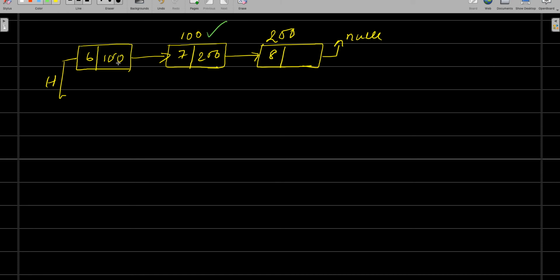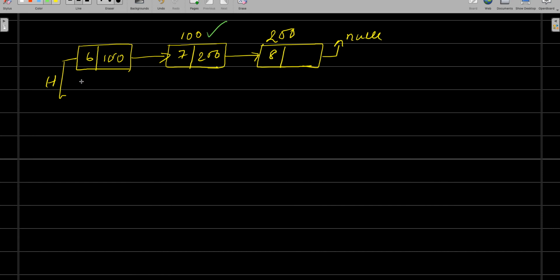So the first node has data and the pointer of the second node. Similarly, the second node will have a data and the pointer of the third node. So this 200 is also the address of the third node, and the last node will always point to null in the singly linked list, even in the doubly except circular. And the first node is the head node.